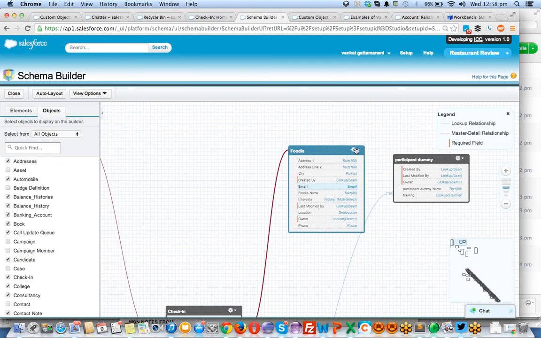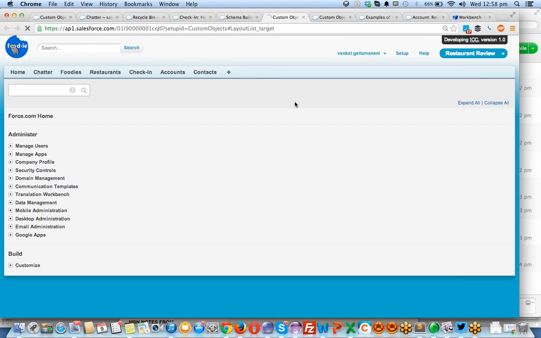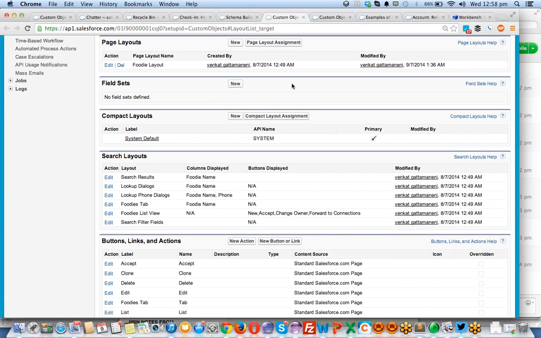Now you have to do one more thing. Now I am going to create two page layouts. View page layouts. Again, now please make a note. For an object, there can be a number of page layouts. There should be at least one page layout. That's the better thing. You can have 1 to n page layouts.